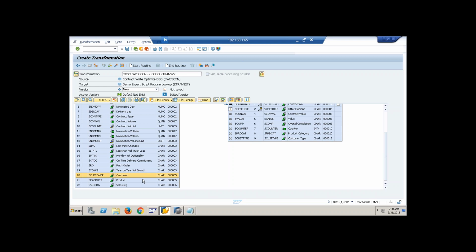Meaning the incoming data is contract data. So for a given contract, I know which customer and which product it is dealing with. So for each incoming contract, do we know to which customer it belongs in the source? Yes. In the source table, do we have the customer? Yes. So based on this customer,